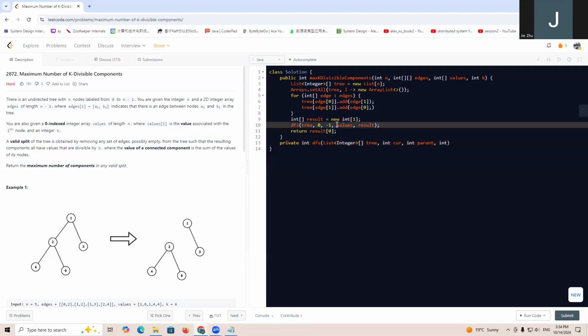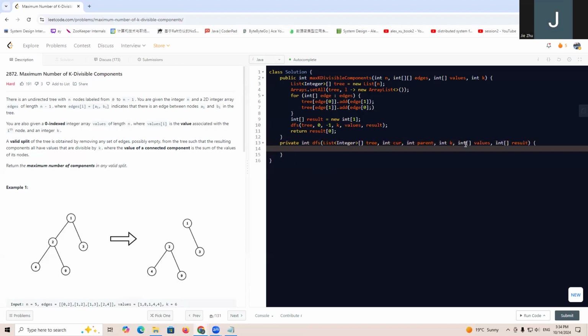For this one, we also need the K variable, right? Int K, because we need to divide by K, and we need to pass the values array, and the result array. So if this is a leaf, how can we judge whether this is the leaf? If tree.current.size